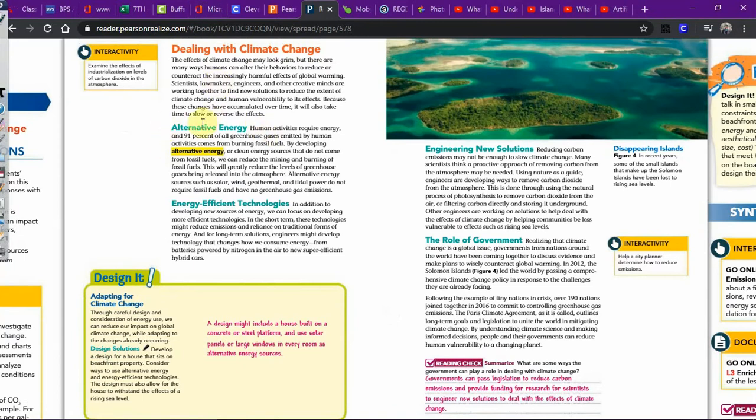First, we can look for alternative energy. These are different ways of gaining energy that do not create emissions like carbon dioxide, these greenhouse gases that are causing the issue of global warming. Instead of using things that are non-renewable, like oil, gasoline, and coal, we can use more renewable energy sources. Things like wind energy, like the windmills that you would see driving down Route 5, just outside Buffalo.